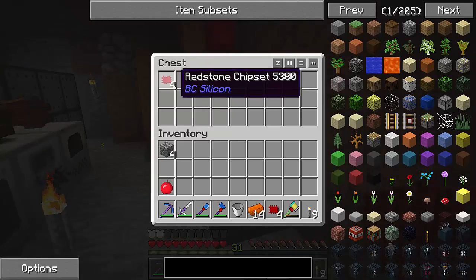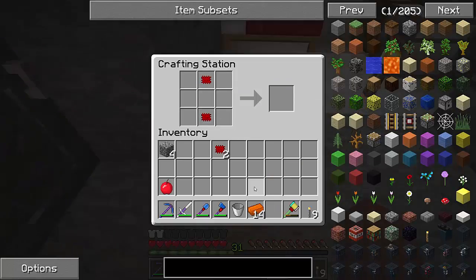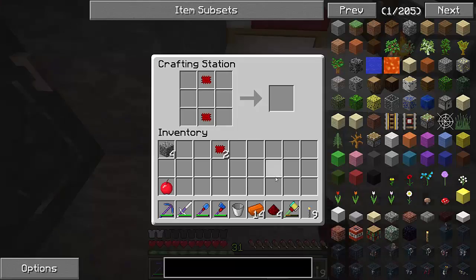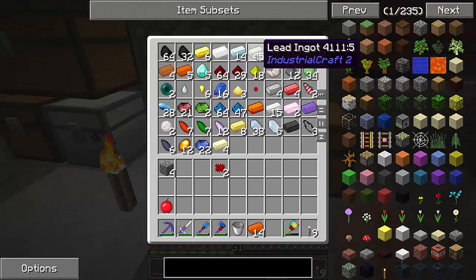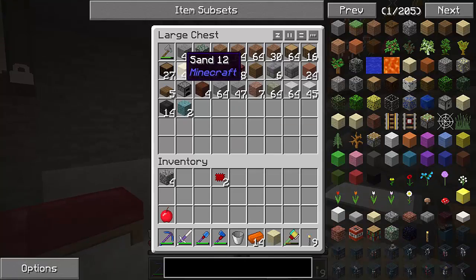So we're going to need 4 of these, I believe. It's 4 of these. No, my mistake. We're going to need 2 redstone chipsets. We're going to need 4 redstone, like so. I believe we're going to need 2 leadstone plates, like that. And let's put it in our metal former, get 2 leadstone plates, and we're going to need ourselves a piece